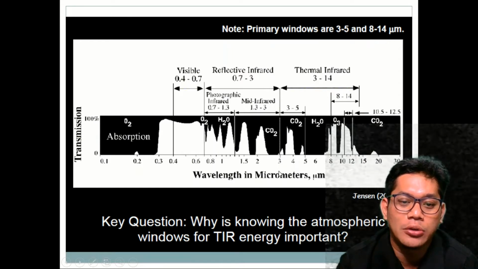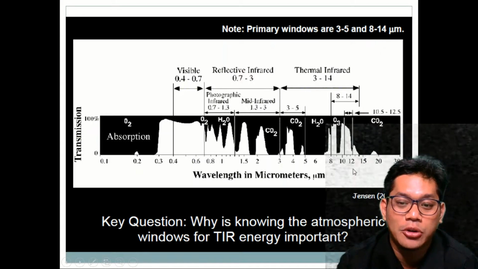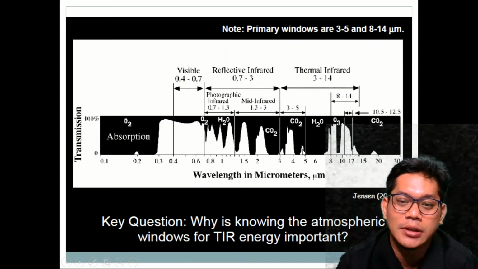Now we look into the thermal infrared, which is around here, from 3 until 14 micrometers. Most of the elements that absorb this thermal energy consist of three things, which are carbon dioxide, water vapor, and